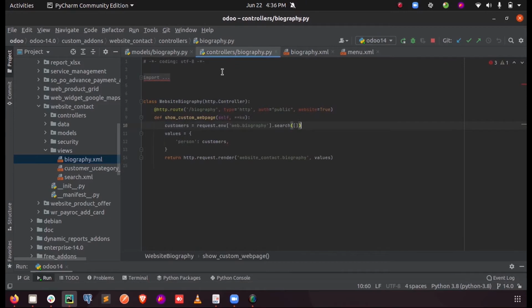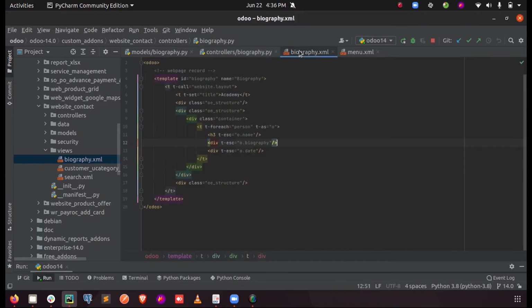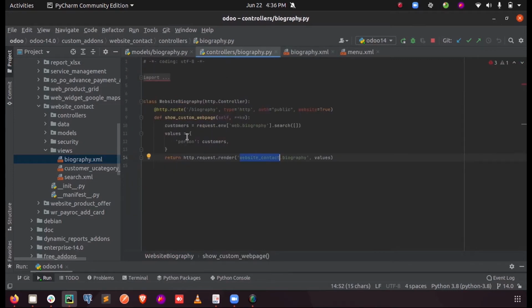And inside the controller, I am just rendering the page, website module name dot biography, that is the template ID of that particular view. And here I am fetching the values inside the model web.biography, and I pass those values onto a key called person, and those values are passed while rendering the website.